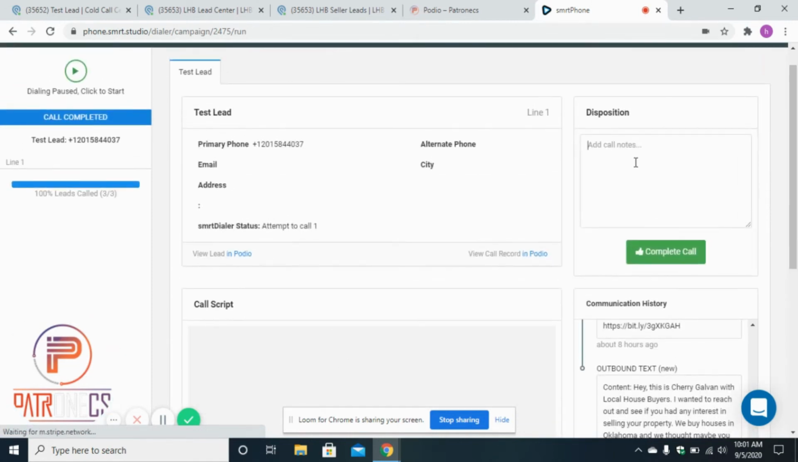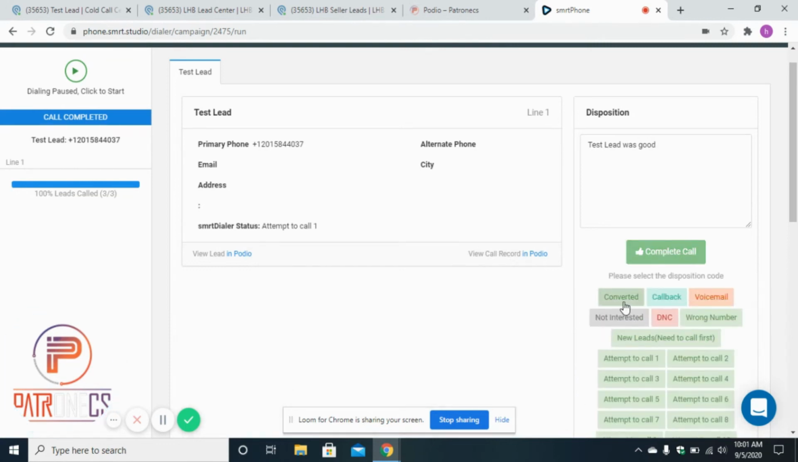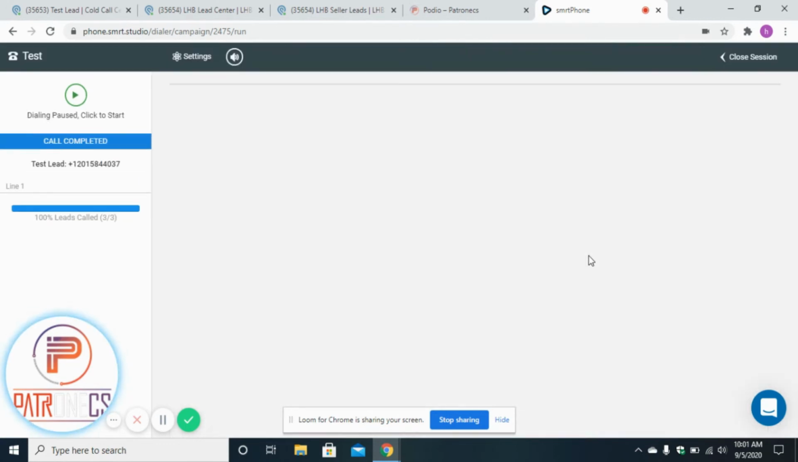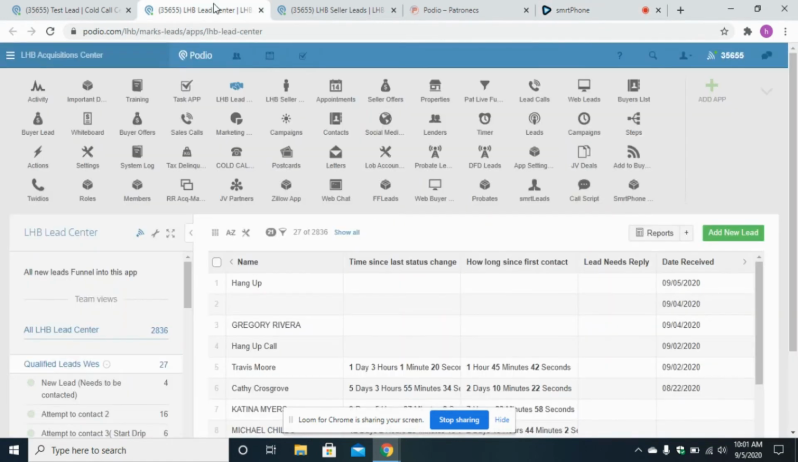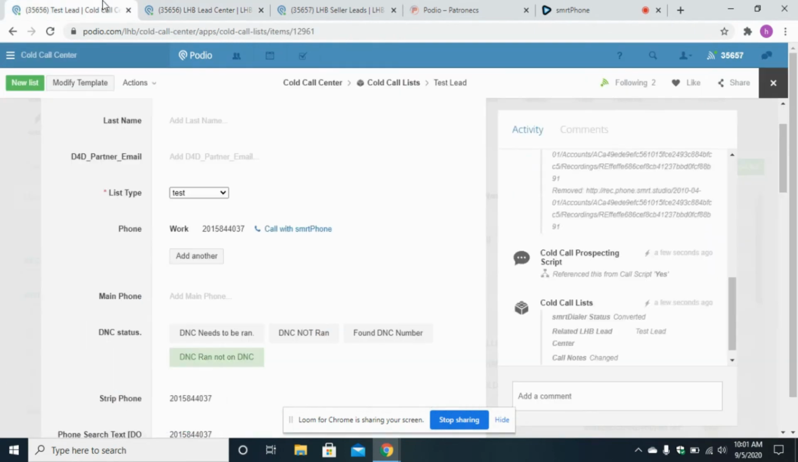I can also take some notes like test lead was good, and then I can click on complete call and then I can change the status of the lead as converted. Now if I move to my test lead,